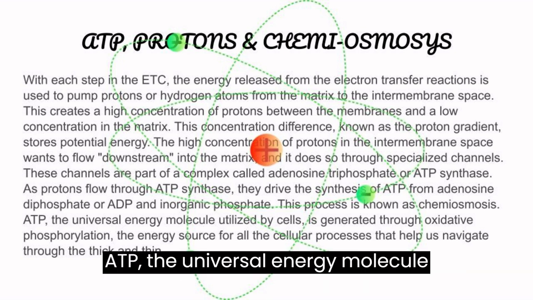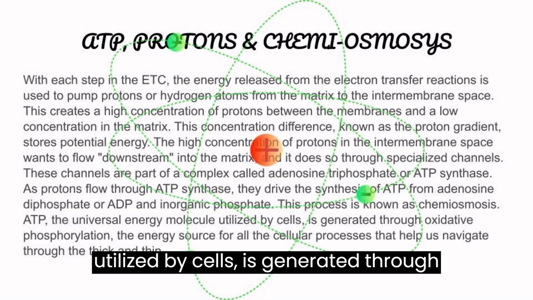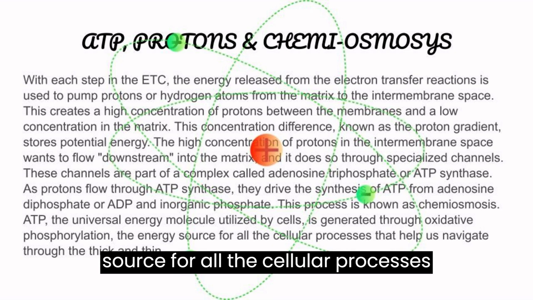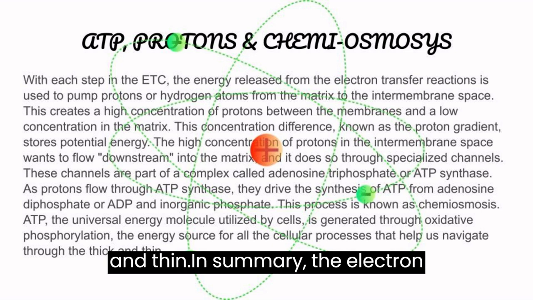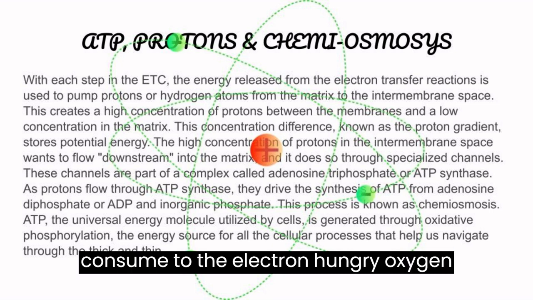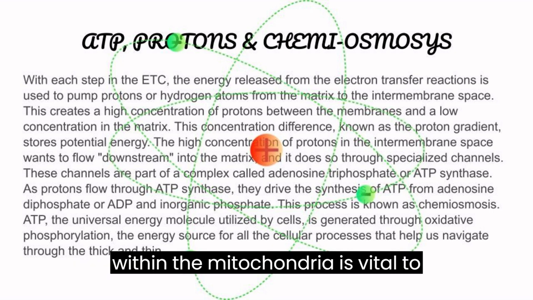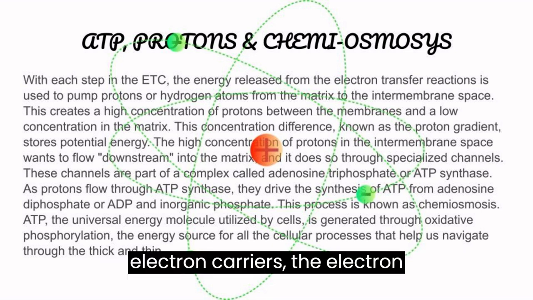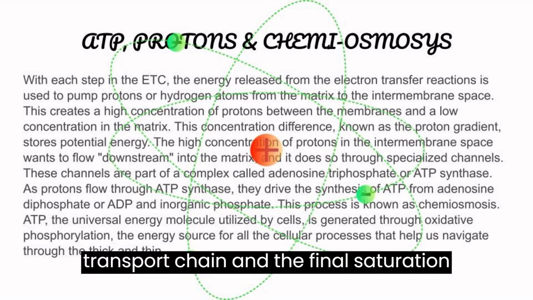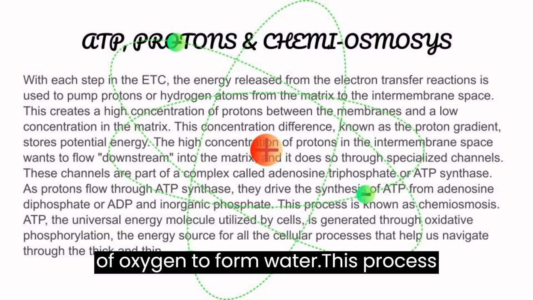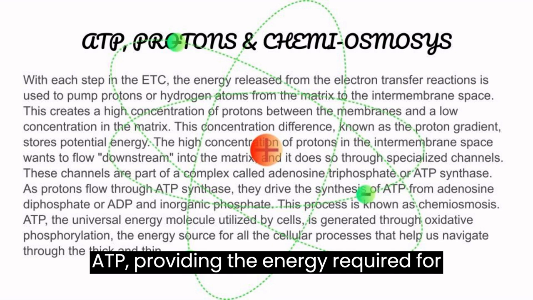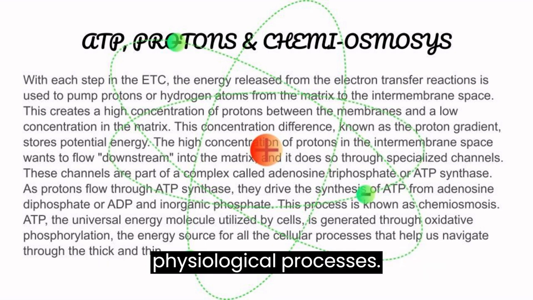ATP, the universal energy molecule utilized by cells, is generated through oxidative phosphorylation, the energy source for all the cellular processes that help us navigate through the thick and thin. In summary, the electron transfer process from the food we consume to the electron-hungry oxygen within the mitochondria is vital to cellular respiration. It involves using electron carriers, the electron transport chain, and the final saturation of oxygen to form water. This process ultimately ends in the production of ATP, providing the energy required for various cellular functions and physiological